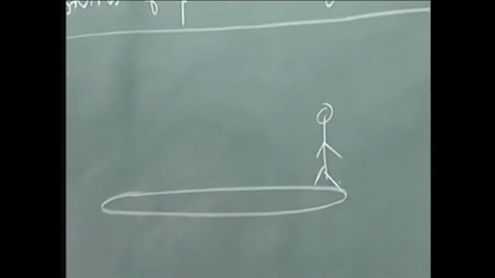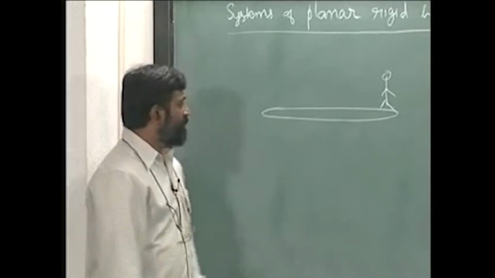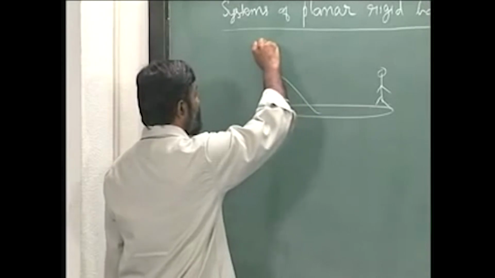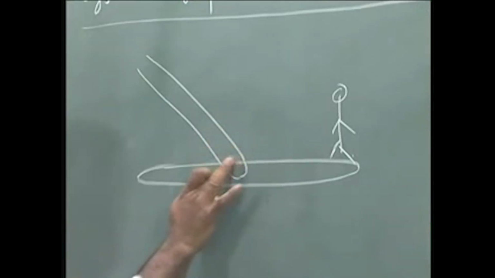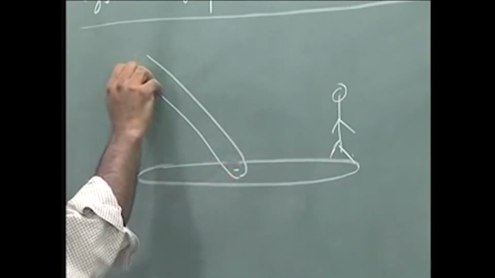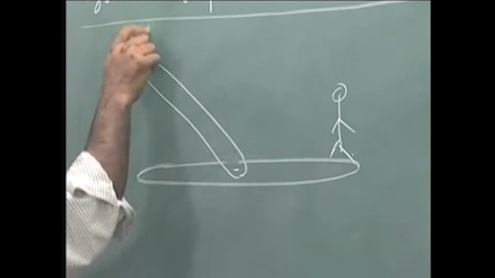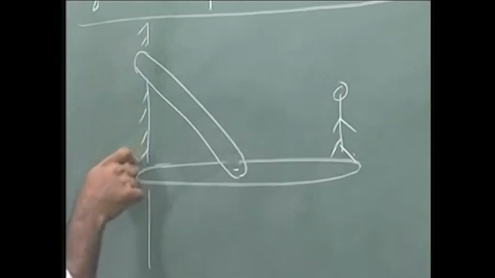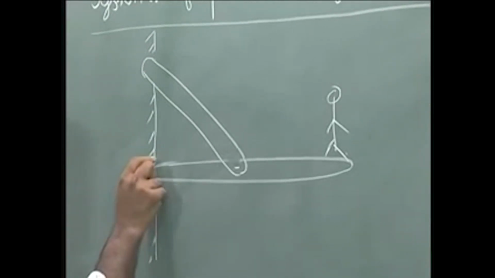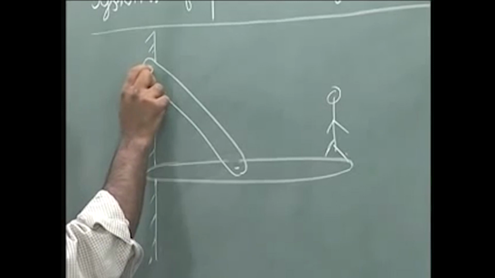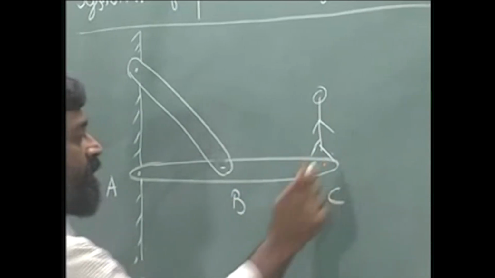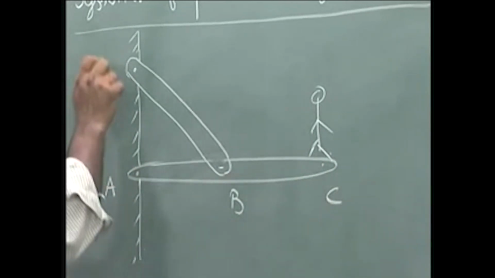Now let us say we want to build a support system for this. One way that you can do is you can have something like this, and let us say this is the wall, you can pin these two like this. Okay, let us just call this A, B, C is the platform, and let us say this D is